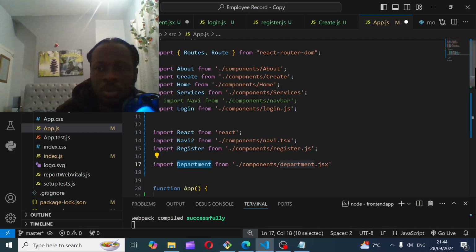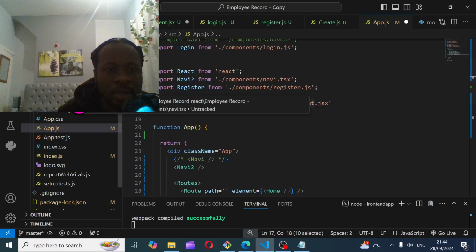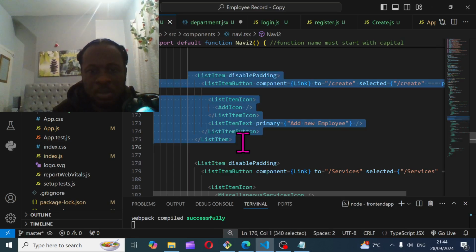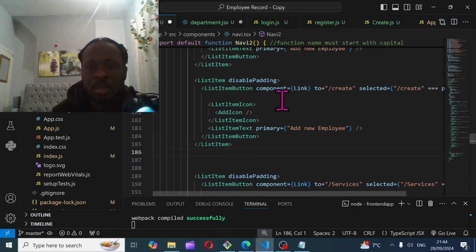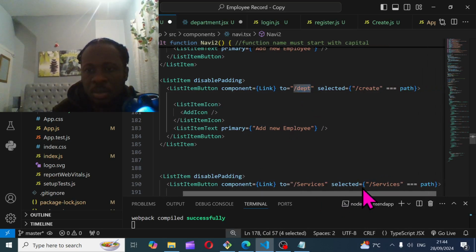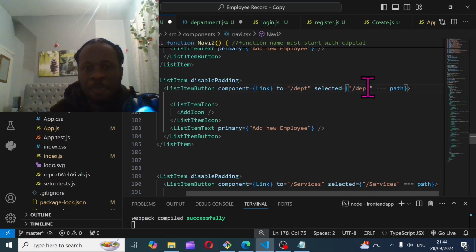Now the next thing we need to do is you need to go to your navi.txt to add the icon. So I'm just gonna copy any of this, I'll paste it, and then I'm gonna call this depth. This is the parts, and then copy this as well, selected, it should go to depth, and then add new departments,